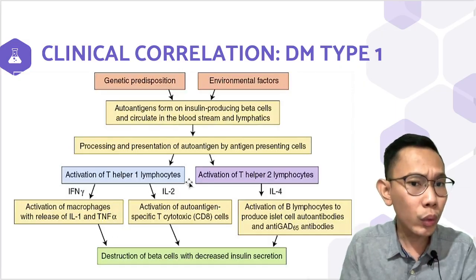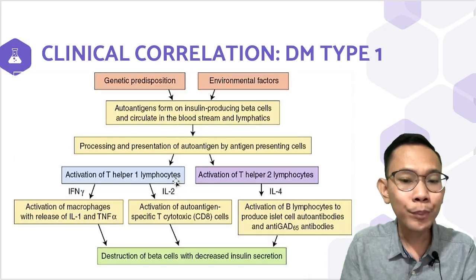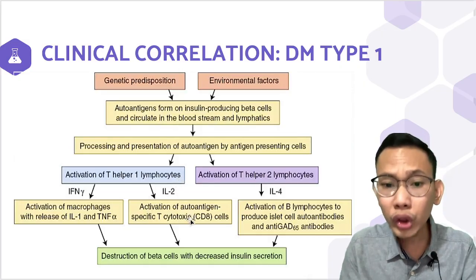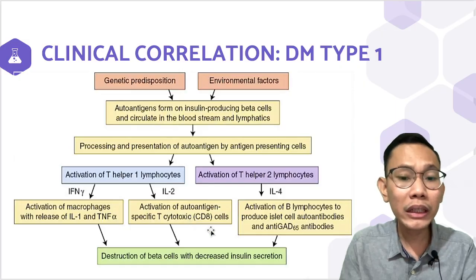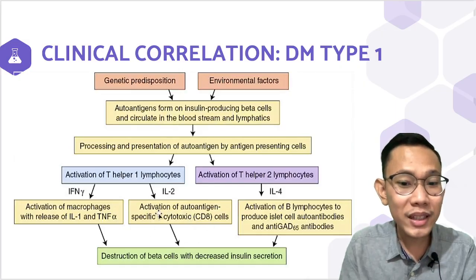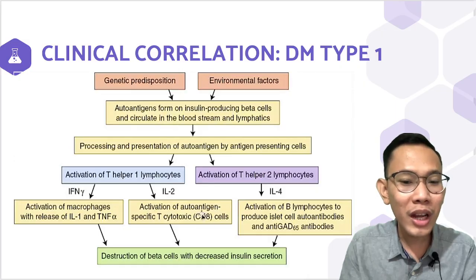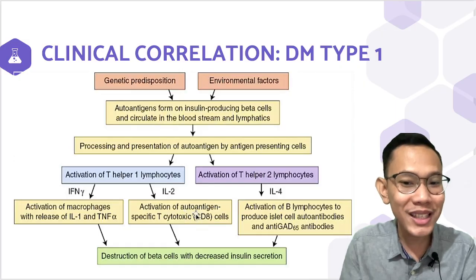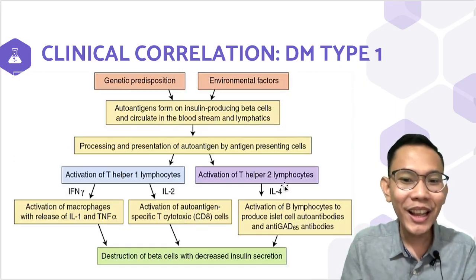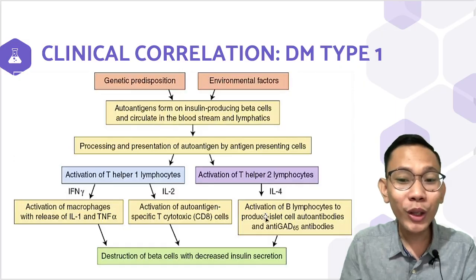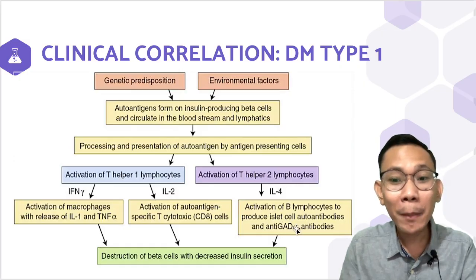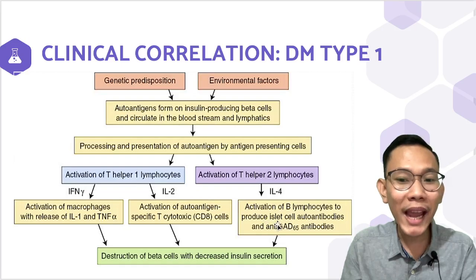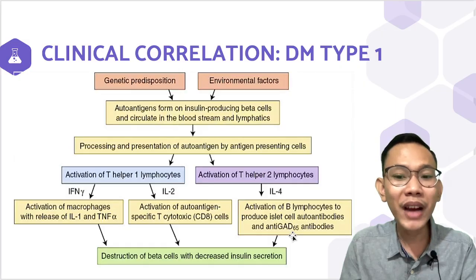And your interleukin 2, anong ginagawa ng interleukin 2? Activation of your autoantigen specific T cytotoxic cells. So, gumagawa siya, ma-activate yung CD8 cells or cytotoxic cells. And lastly, your interleukin 4 will cause the activation of your B lymphocytes to produce islet cell autoantibodies and anti-GAD65